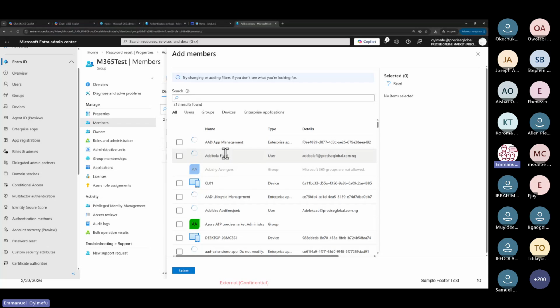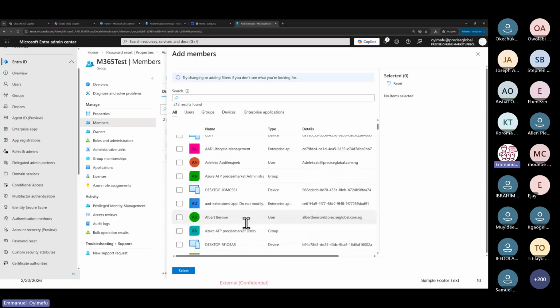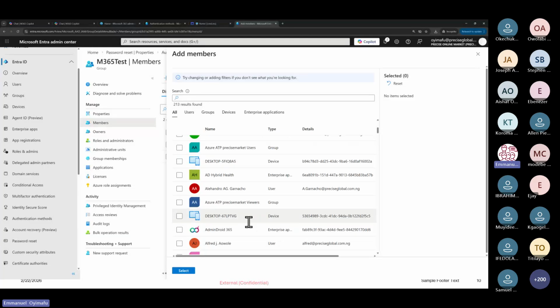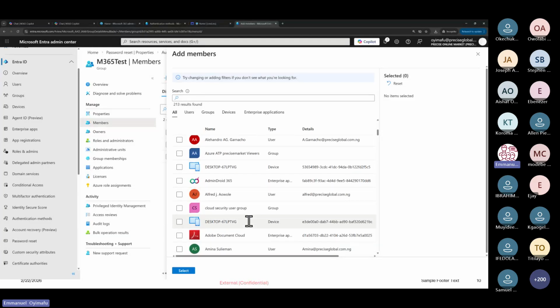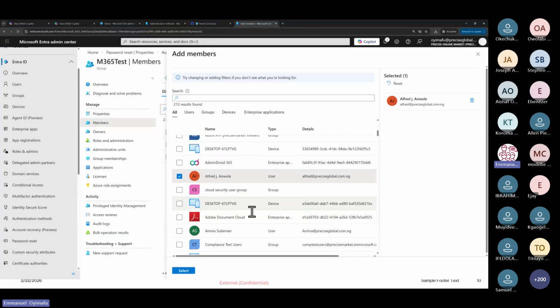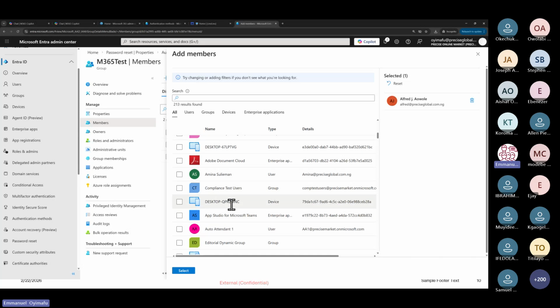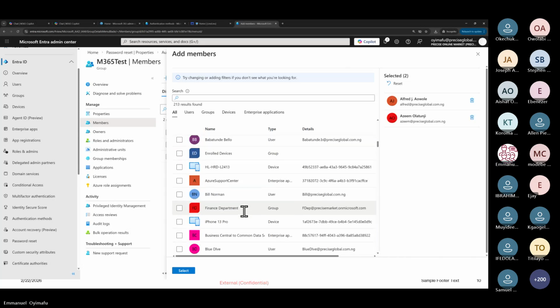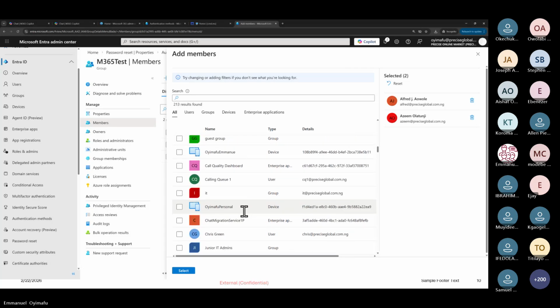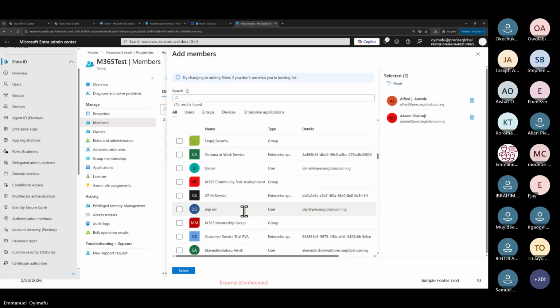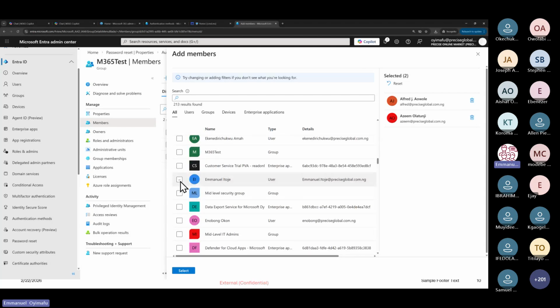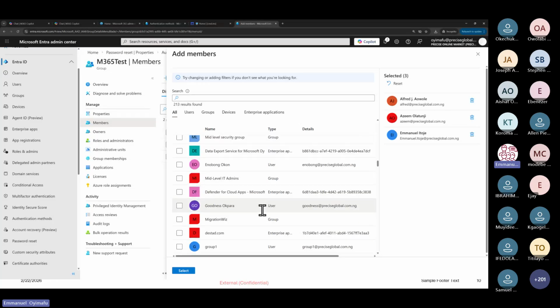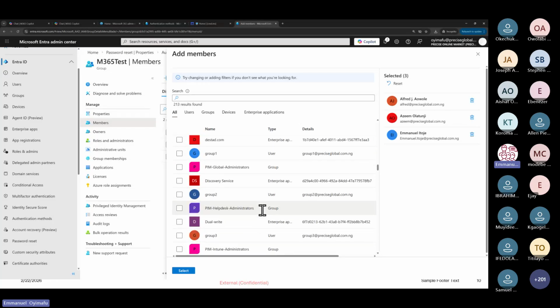So who am I going to add now? Okay, let me add my bosses. I know that yes, they need to use self-service password reset. Let me add Alfred. Let me add Azim. So let me add Itoje, Emmanuel Itoje, so that at least he can reset his password by himself.